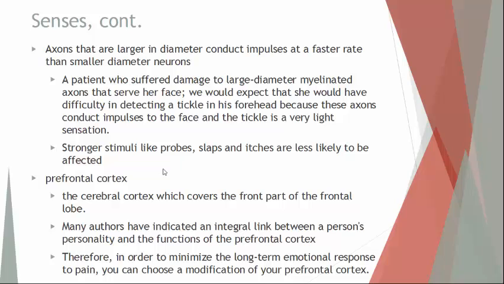This is the part of the cerebral cortex just in front, in the frontal lobe. Now, there is a connection between a person's overall personality and the functions of the prefrontal cortex. If you damage a person's prefrontal cortex, you can dramatically change their personality, almost completely reversing their personality. Instead of being very quiet, very stoic, you could turn them into being very obnoxious, very rude, all due to changes in the brain tissue itself.